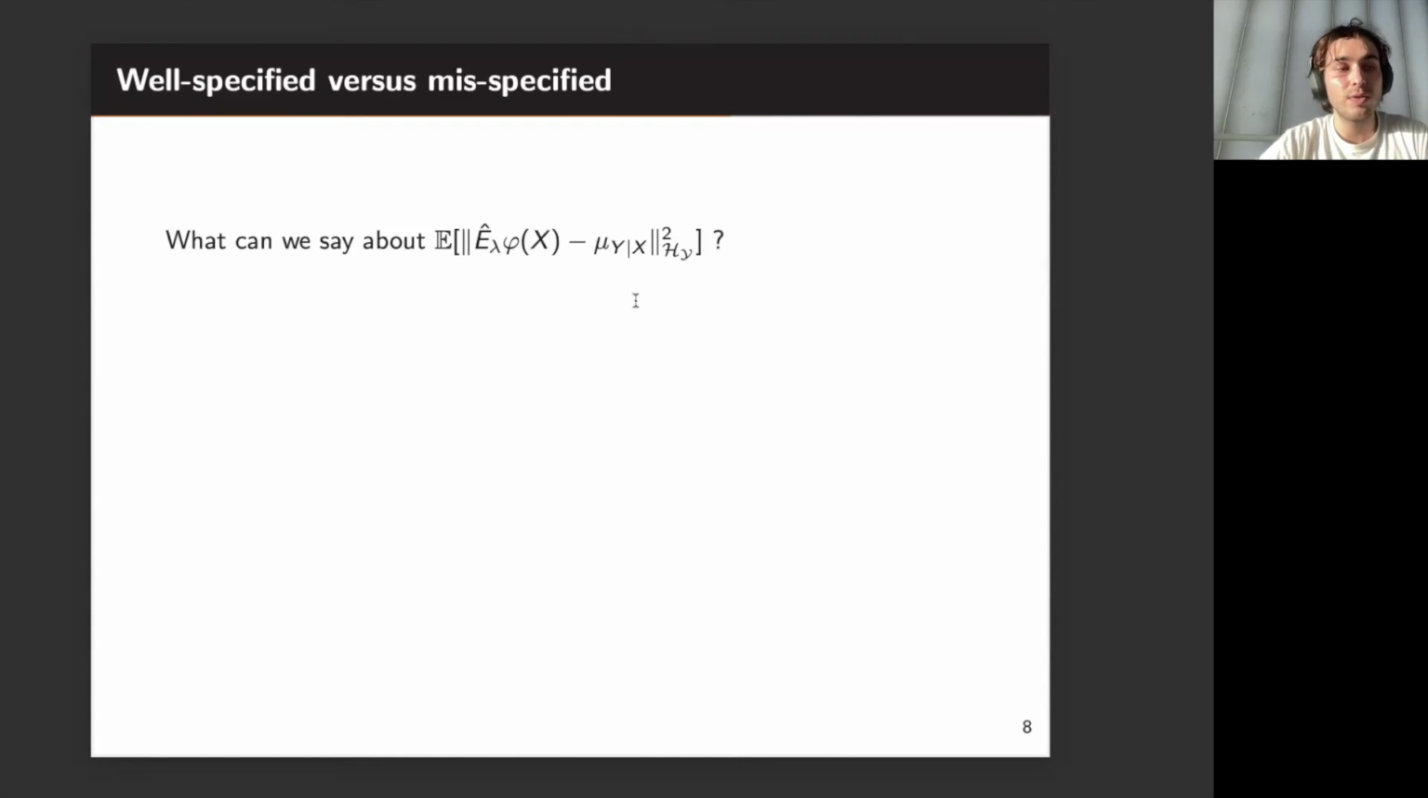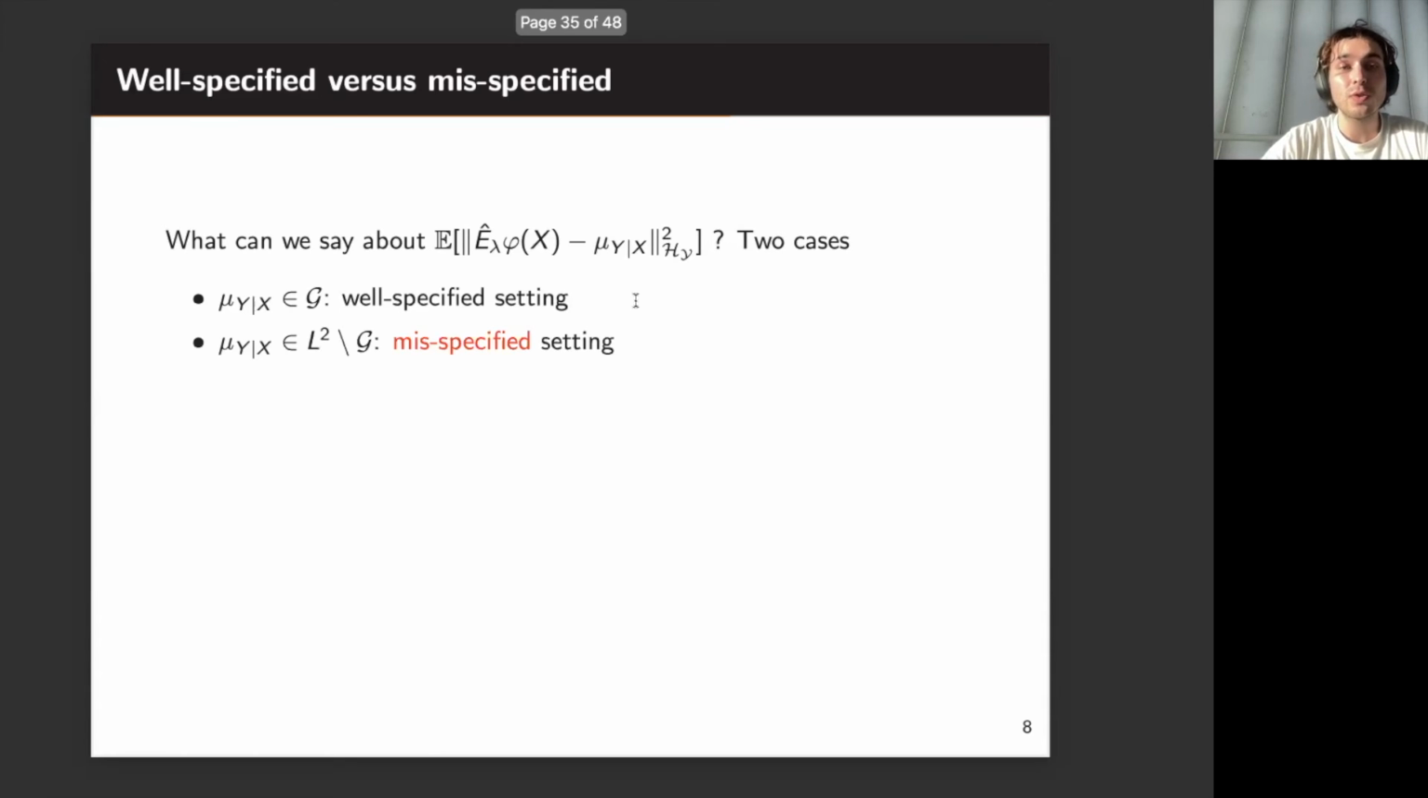Now that we've seen an algorithm to estimate the conditional mean embedding, the next question, which is the main focus of our work, is what can we say about the performance of this estimator? And we have to distinguish two scenarios. The first one is when the target, the conditional mean embedding, lives in our hypothesis class G, which is called the well-specified setting. The second situation is when potentially the target lives outside our hypothesis class. That's called misspecified. Our contribution was to capture both situations with the help of what's called a vector-valued interpolation space,